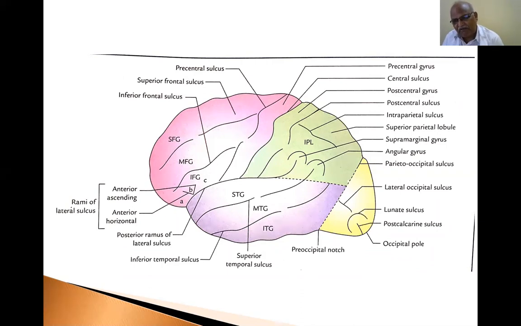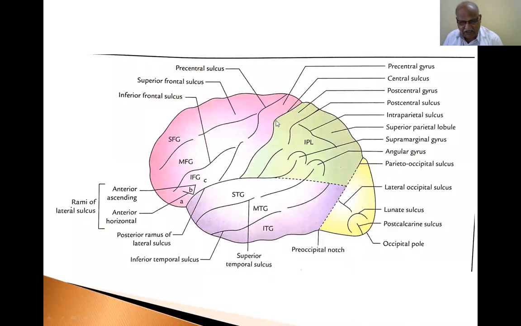Now I will tell you that each functional area of the cerebral hemisphere differs from the other functional areas. That means the entire cerebral hemisphere is not uniformly doing a single function. It does different functions. A particular area conducting one function is given a number, named by the scientist Brodmann, such as area 41, 42. So there is a difference in the anatomical and histological features from one area to another.